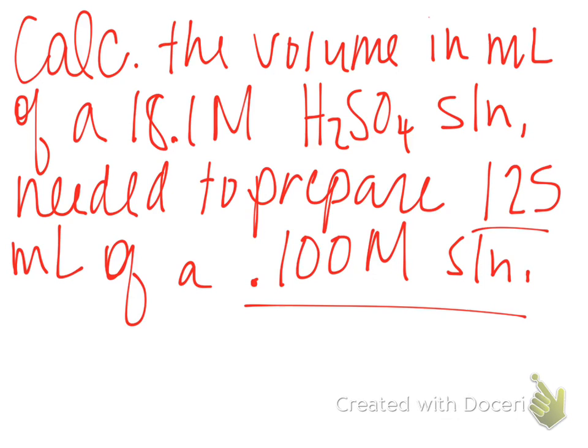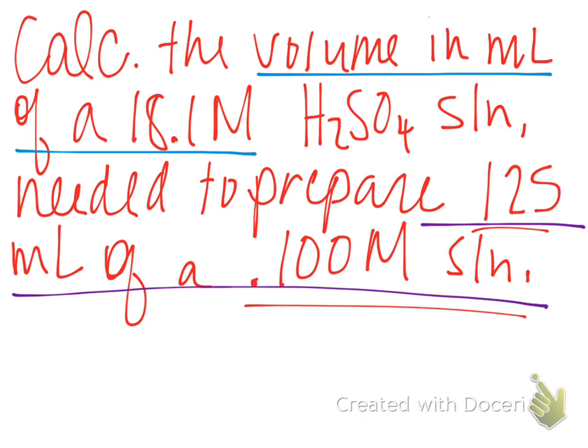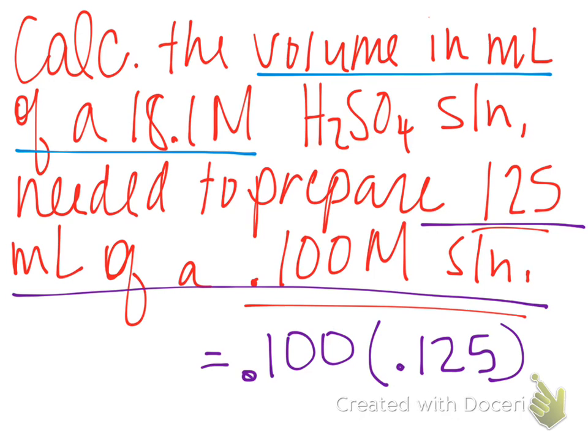These word problems, you really have to read them and use context clues to find which one is your initial and which one's your final. You've got to be really careful here. So I put the purple as our final, right? We want a 0.1 molar solution, and we want 125 mils of it. But to begin with, we have an 18.1 molar solution,